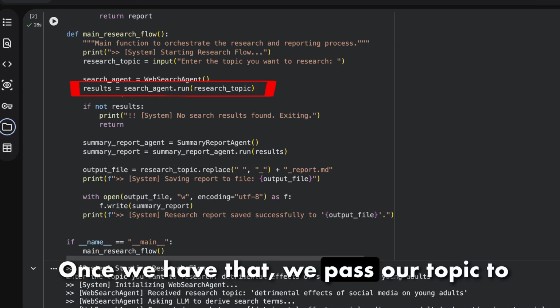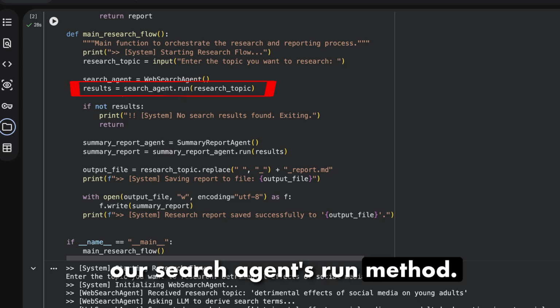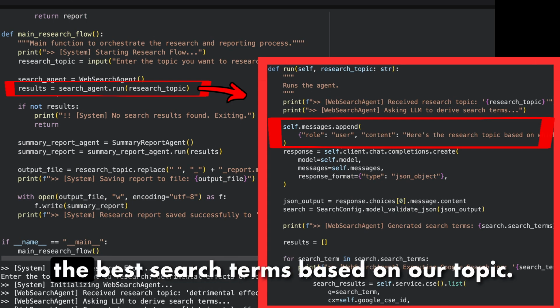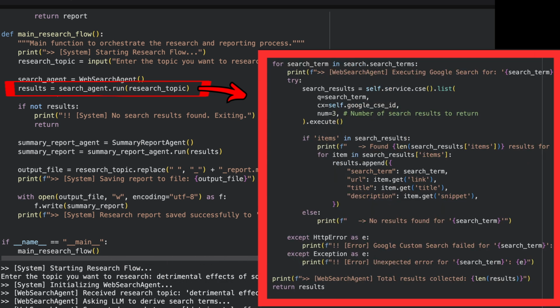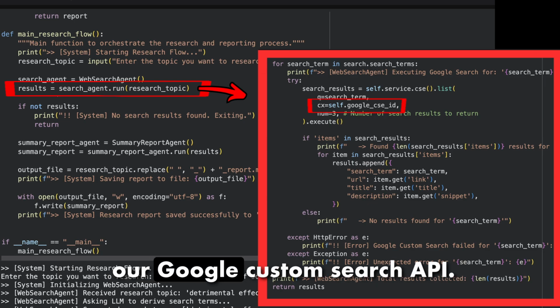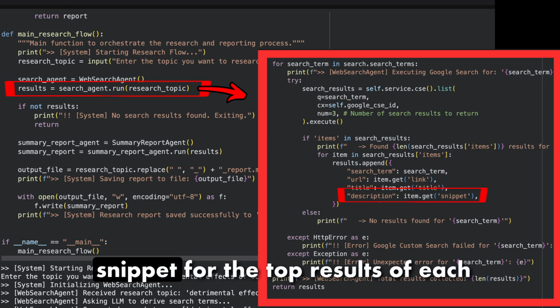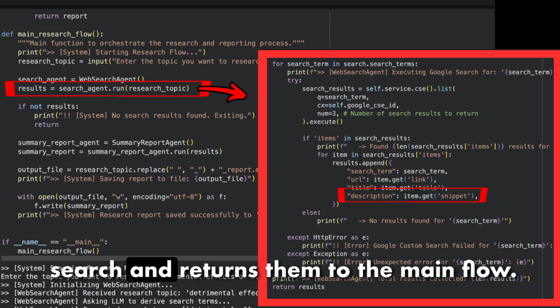Once we have that, we pass our topic to our search agent's run method. In this run method, we create a prompt which essentially says to return 3 of the best search terms based on our topic, and we send that prompt to the LLM. These search terms are then queried using our Google Custom Search API. The agent retrieves the title, URL, and snippet for the top results of each search and returns them to the